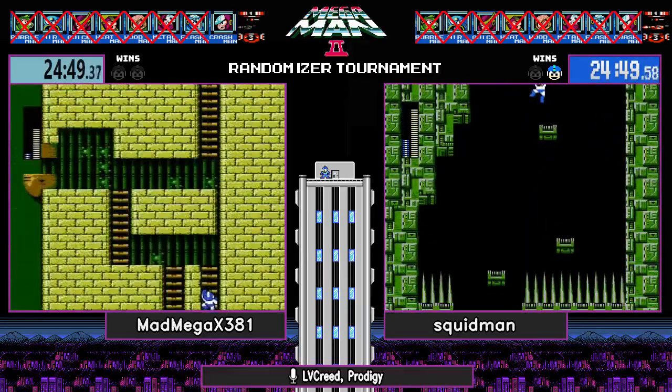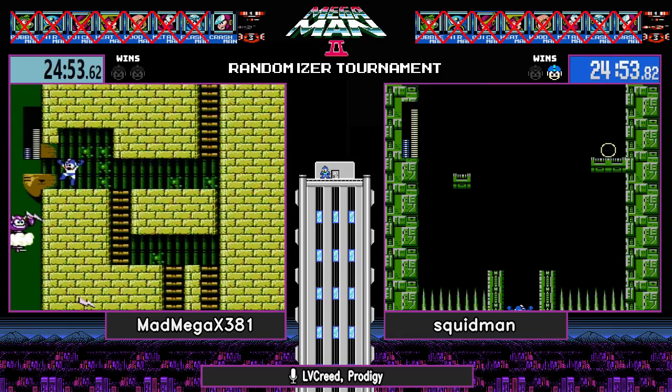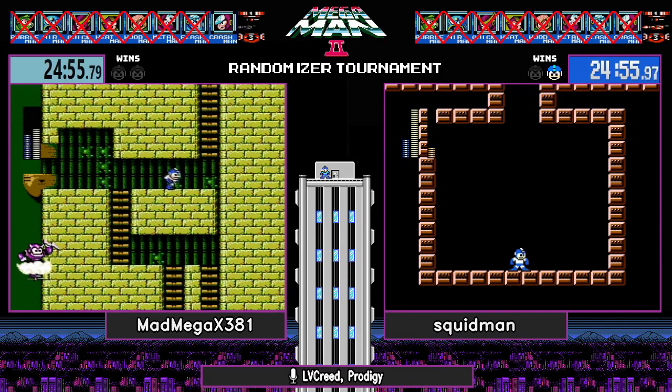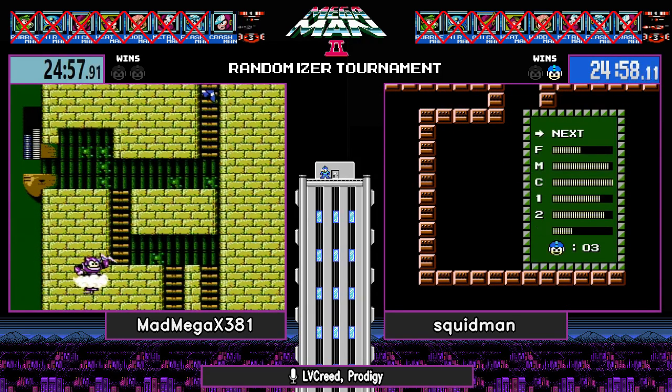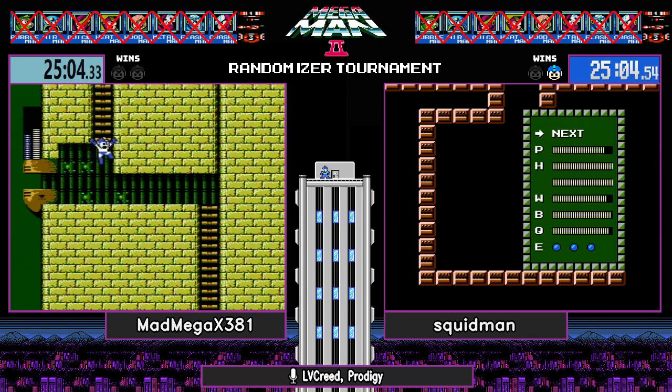Yeah, I'd say the item 3 is just as awkward as it is in vanilla. I don't even know what causes the Item 3 to be fired up or fired down. It seems random, but we got some other randomizer stuff to talk about as Squidman fights Pico Pico, not Weak